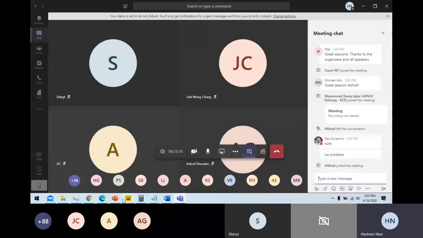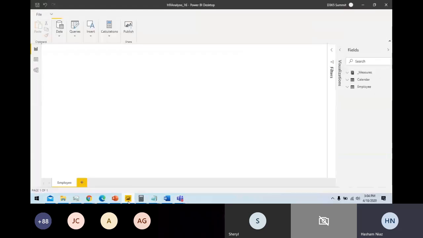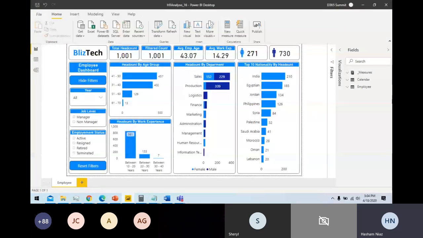So now what you are doing, we have developed this particular report in our last session. I'm going to continue in the next part: what if I want to publish this particular report and share it within my organization? What are my ways, how is a workspace different from an app, what is the difference between workspace and app, and what are the different roles a workspace has?